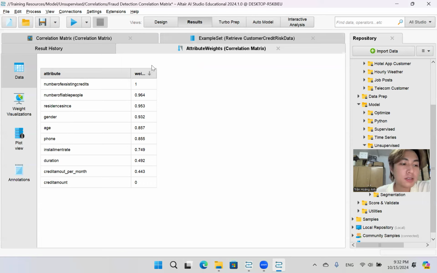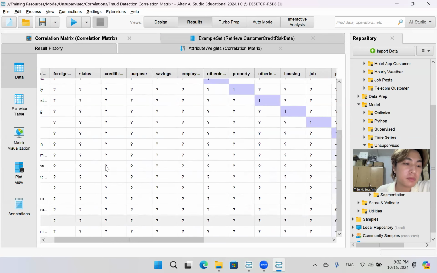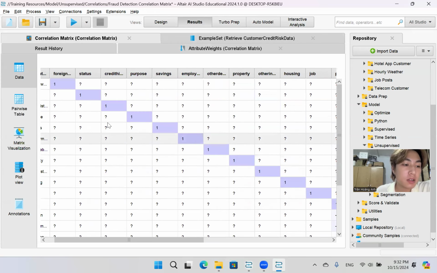This is based on its linear independence from those other attributes because credit amount is 0. Credit amount is 0 in here. It's probably strongly correlated to other attributes and could provide redundant information. So look back at the matrix, and here there are a lot of missing values for